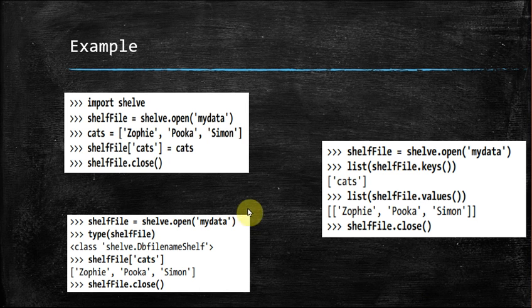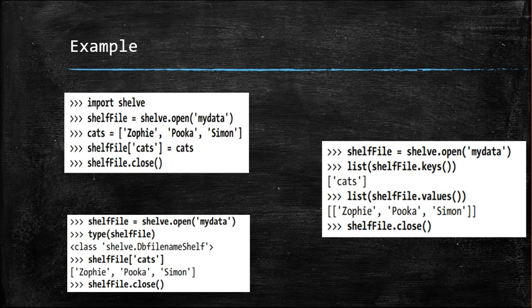If you're using this shelf module in your program, then you have to include this module using import. So how are we writing it? We're writing import shelve. That will be the first statement. To read as well as write data using this shelf module, you have to write this import shelf.